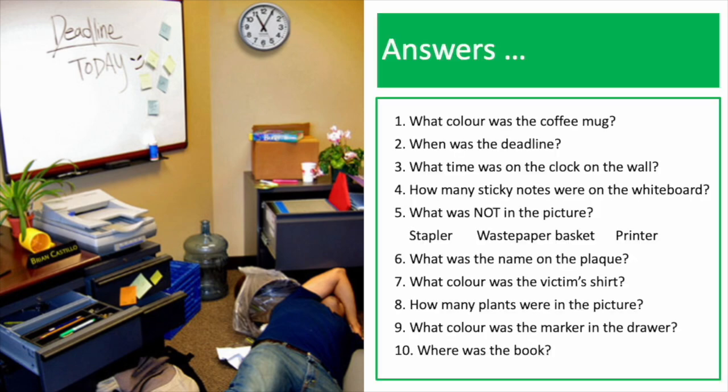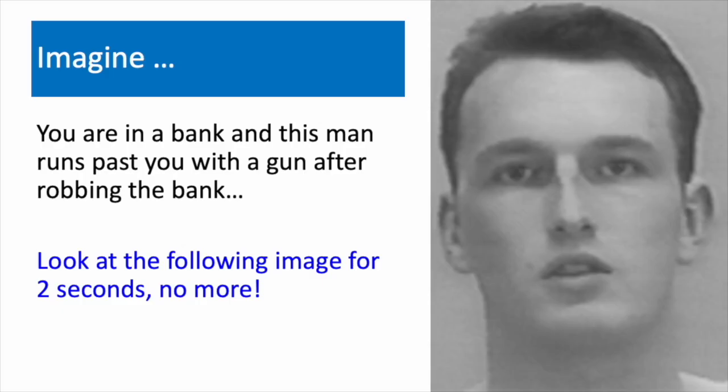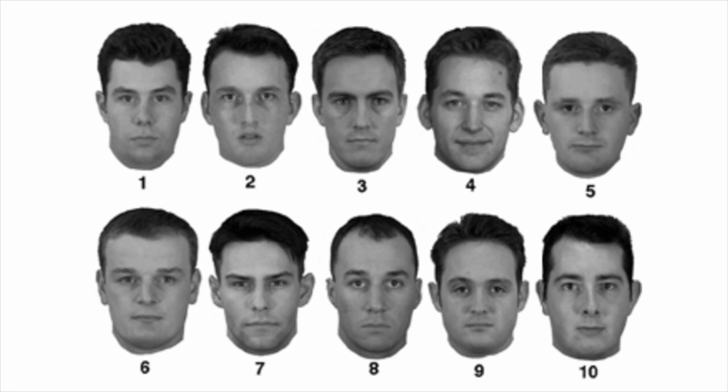to the physical world. The first task you can see on the screen here links to sight and memory, whereby the students have a moment to look at a photo of an office scene. This visual is then assessed with a set of questions I ask the students when the photo is no longer visible. The second task links to the idea of a police suspect lineup. Here, students need to pick out the individual indicated as the bank robber.